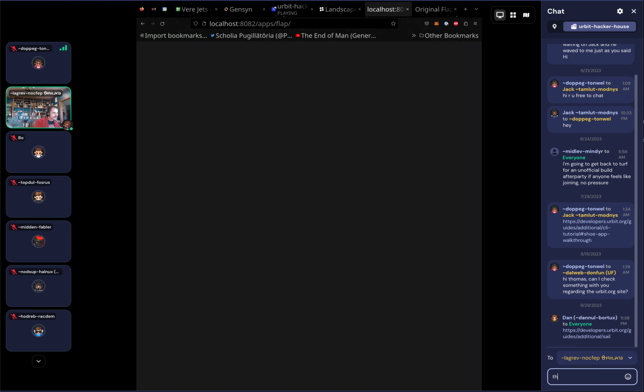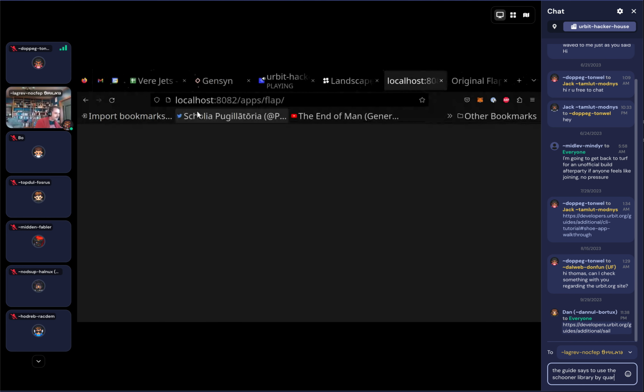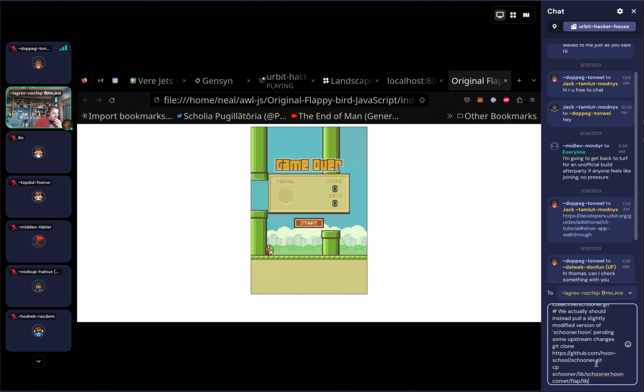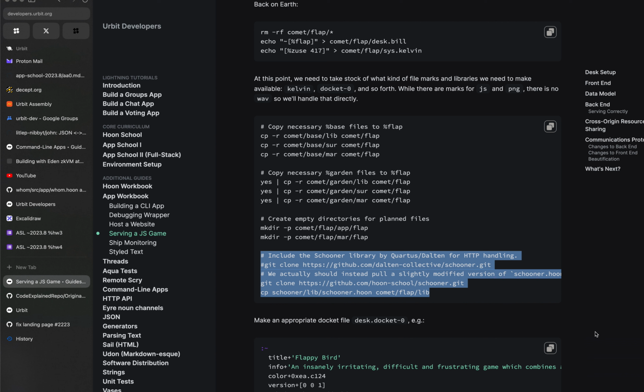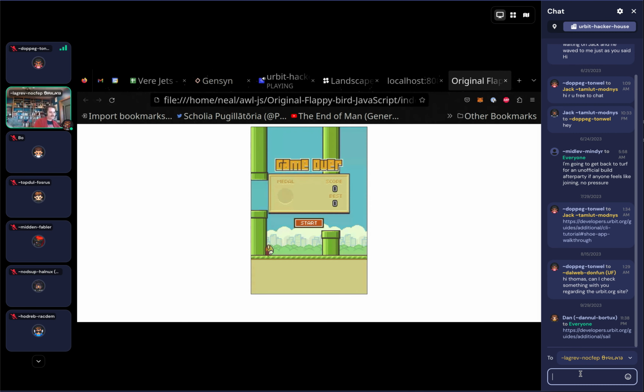Sometimes you run into cross-origin request issues, but I don't think that's what's going on here. Let me double check my notes and see if there's something obvious I'm missing, because I'm talking instead of paying attention to what I'm doing. All right, so we have our repo. Ah, I know what's wrong. What I do with desktop.bill, well,